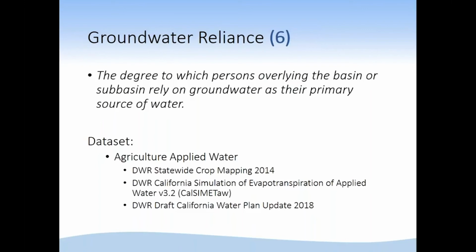And from that, we took the cropping maps and the totals to determine the applied water. And then using the work that they've been working on with respect to the Water Plan 2018, we used their water balance information to try to determine what is the ratio between surface water and groundwater. So that's where that information came from.